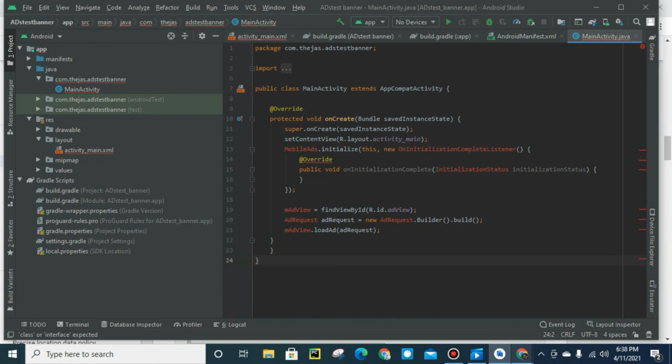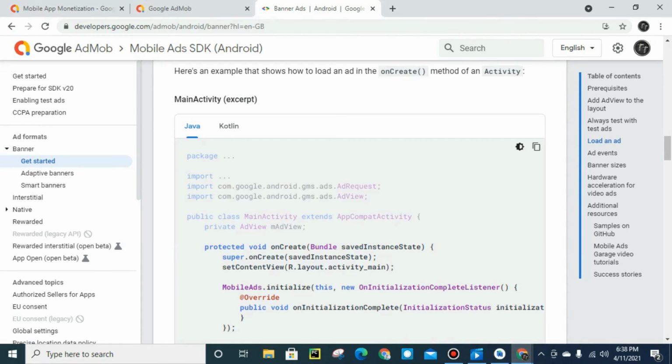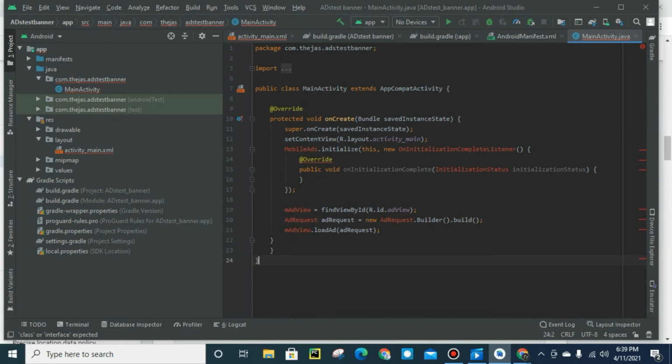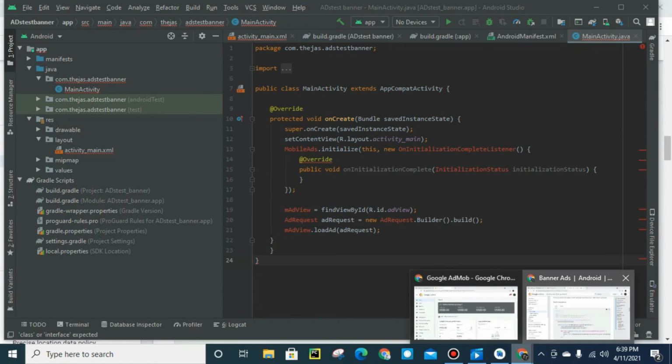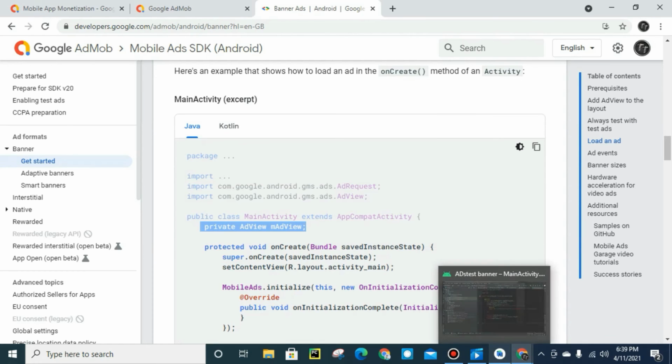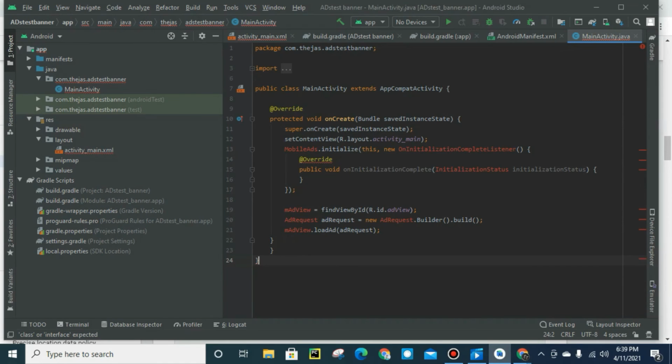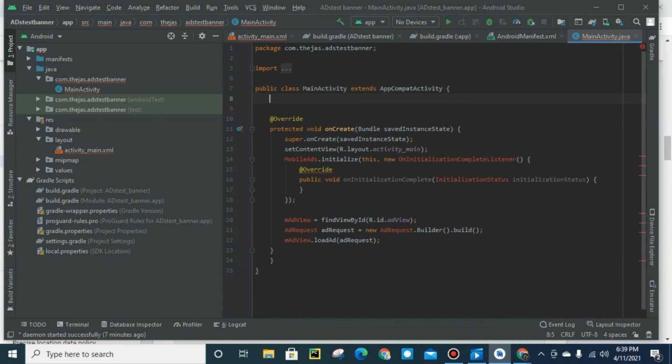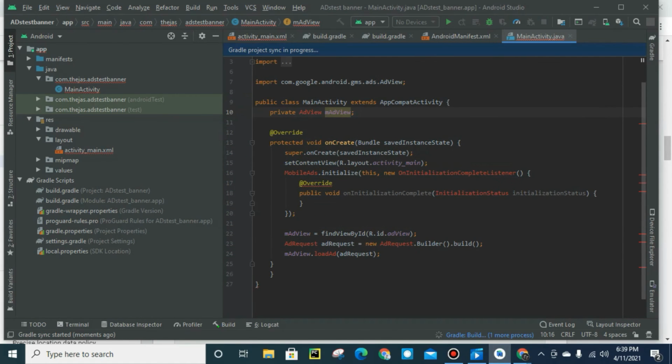After pasting this, go to AdMob again and copy this private AdView mAdView and paste it over here. Just a second, where to place it? In the AppCompatActivity. So we have to paste it here. After placing this, you have to click Alt plus Enter, and just press the Enter key.